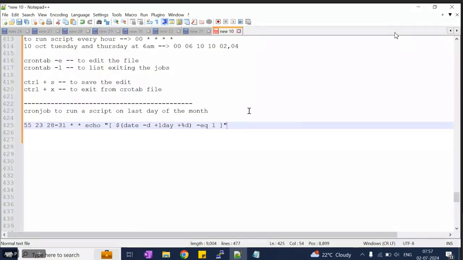So let's say today is 30th. I'm adding 1 day to that. If it is equals to 1, 30 plus 1, which is 31, it is not adding. Okay, so I'm adding 1 day to that. So if it is equals to 1,